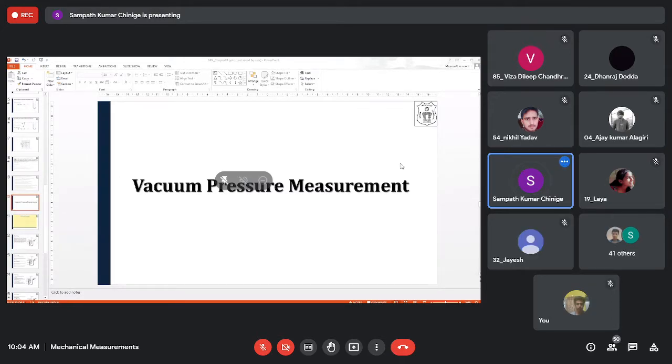And here we are seeing the factors that will affect the accuracy of a dead weight tester, such as local gravity. If your alignment position is not proper, what will happen? Then the pressure coefficient: if the piston area of the dead weight tester changes with pressure and temperature, expanding or contracting, that will have an effect called the pressure coefficient.